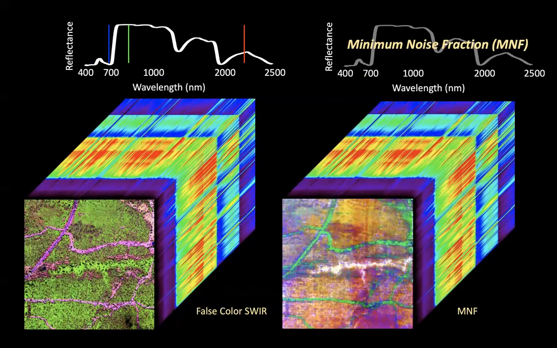Or we can do things like the minimum noise fraction, which is a principal components analysis based transformation of the data to compress all of the variation down into a smaller number of bands. At that point, you're no longer looking at particular wavelengths, but you're looking at the variation. And I just randomly picked some of the principal components. So this isn't showing the top principal components or anything like that, but that's just to give you